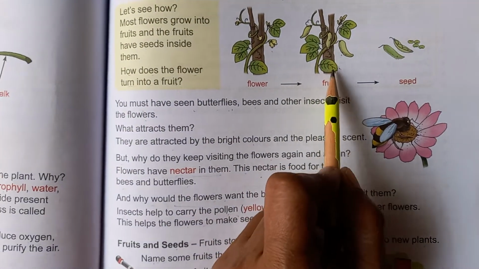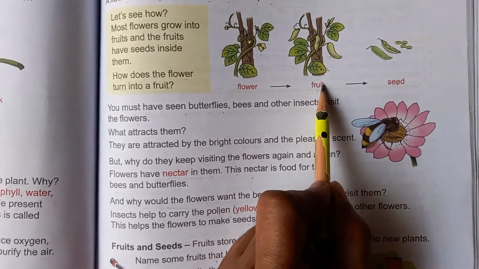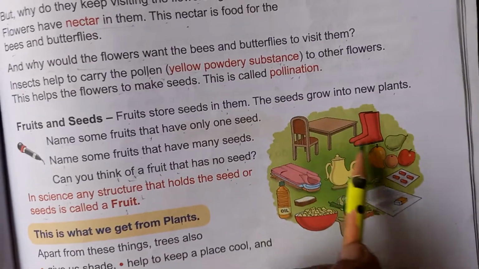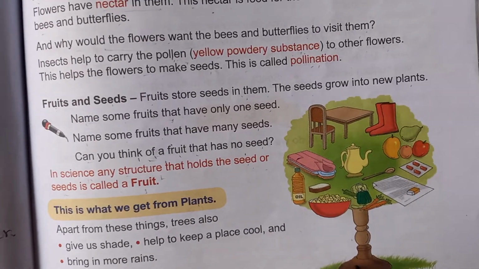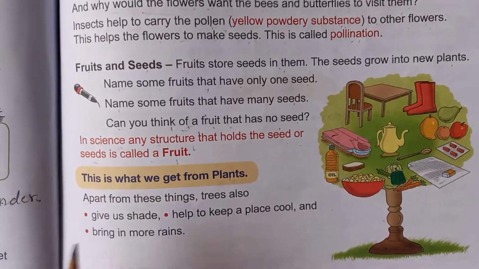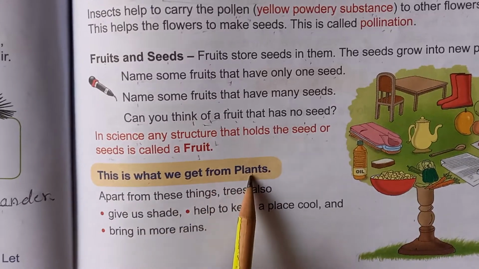Here it is a vegetable plant. So here the climber is having a vegetable, but this is the reason why we call it a fruit. This is what we get from plants. So here these are the articles which we get from the plant. Isn't it, children? Plants are very useful to us. One question from this also we will write in our next class.